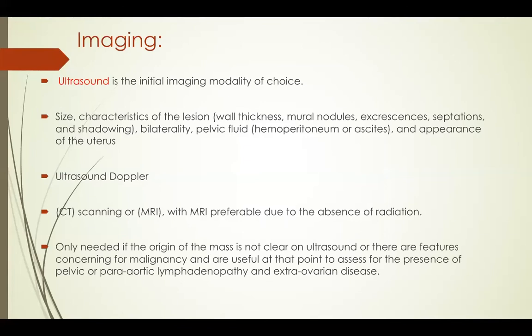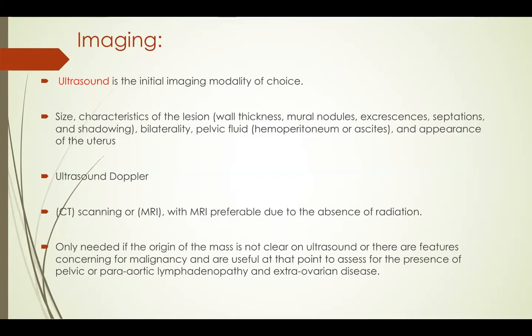And the ultrasound, what you are looking for: the size, the characteristic, the thickness, the mural nodules, any septation, any bilaterality, any pelvic fluid, ascites, hemoperitoneum, and the appearance of the uterus. Always look for, if you are looking for something on the right side, look at the left side, look for the ovary, evaluate the pelvis. Also, ultrasound Doppler is important sometimes,